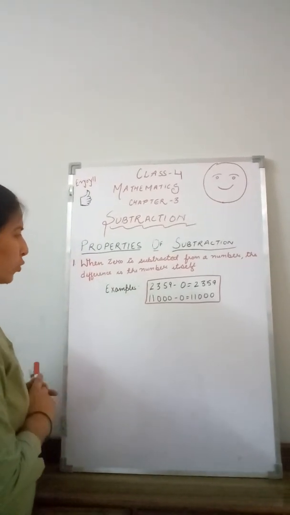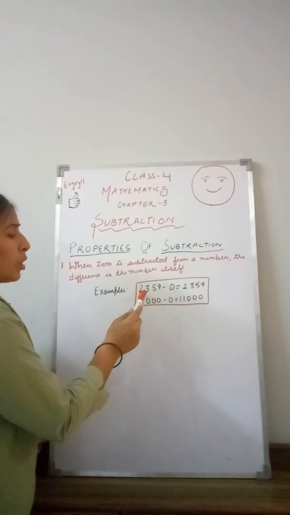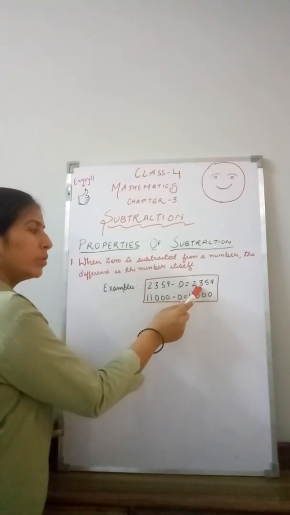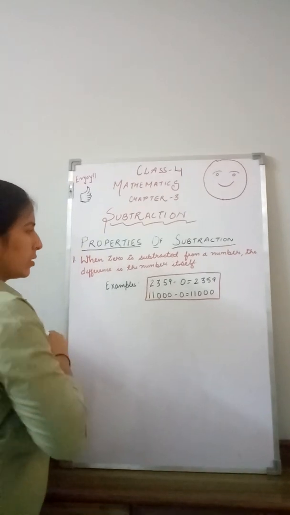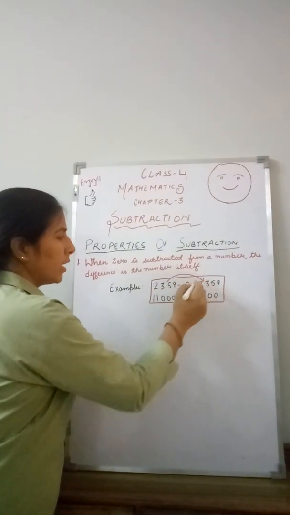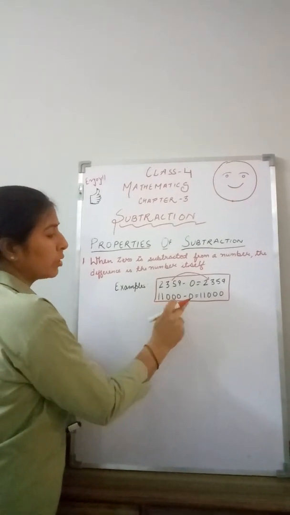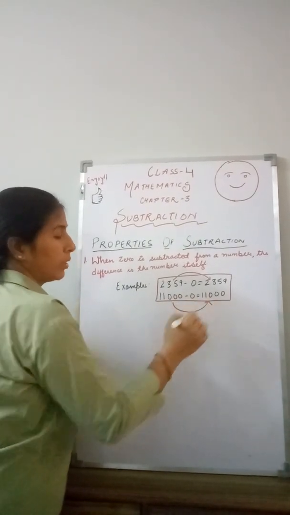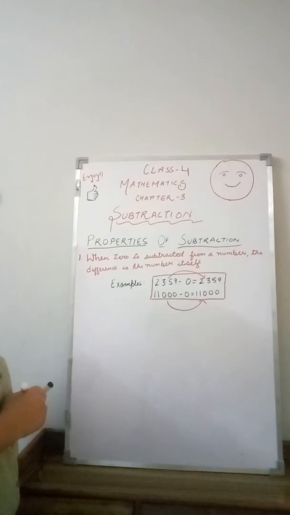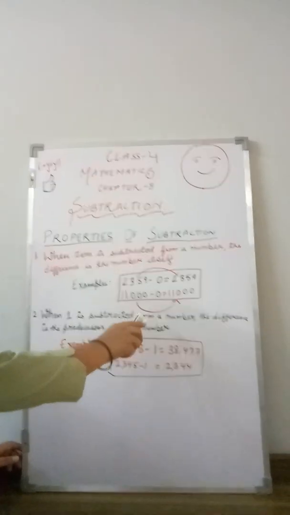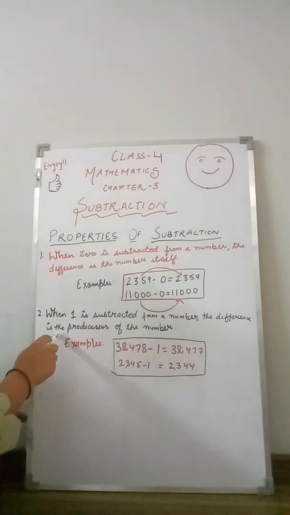So here I have taken two examples. The first one is 2359 minus 0, which equals the same number, the number itself. If the number is a 5-digit number, the same rule applies: 11,000 minus 0, the answer is the number itself. Okay, student, now the second property is: when 1 is subtracted from a number, the difference is the predecessor